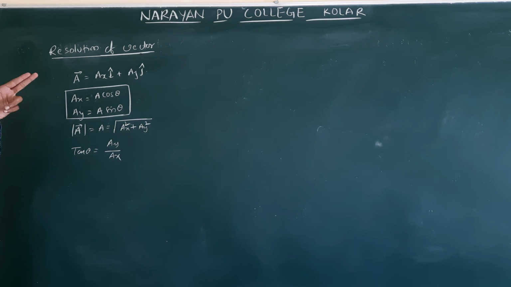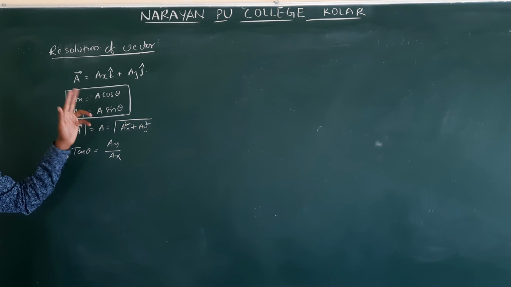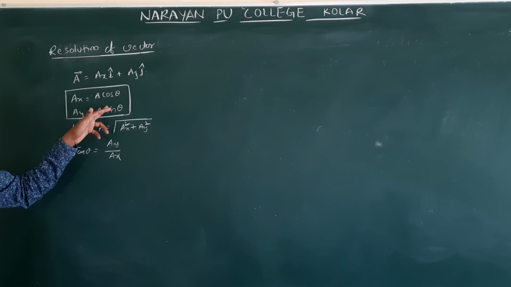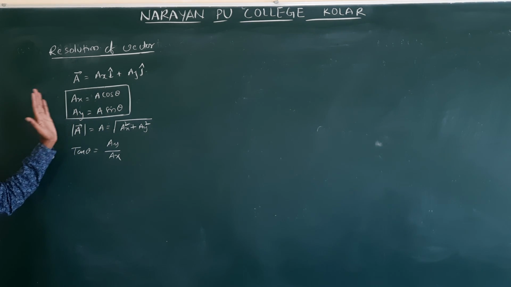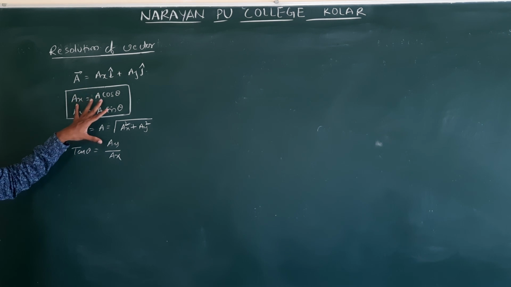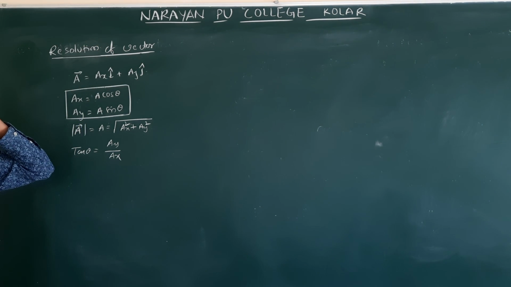Motion in a plane, motion in two directions. So we need to frame the equations in two directions. To frame the equations in two directions, we need to know how to write a vector in two directions. How do we write it? By these equations. Clear? If you do not know this, understanding motion in two directions is not simple.